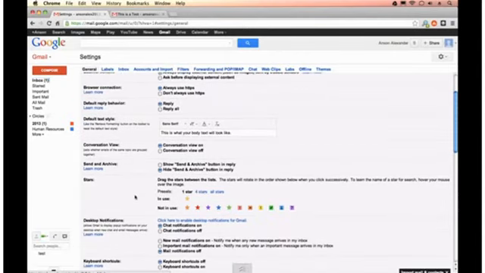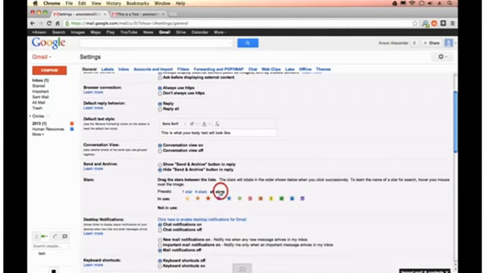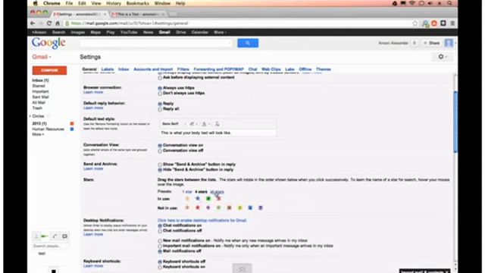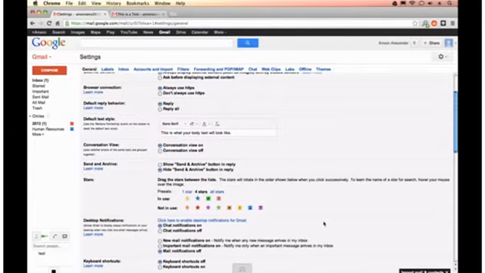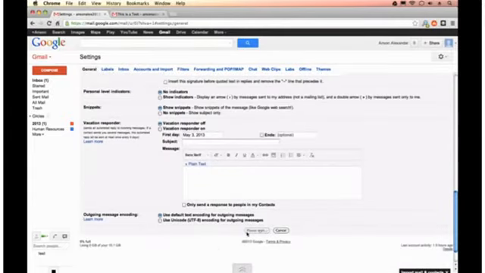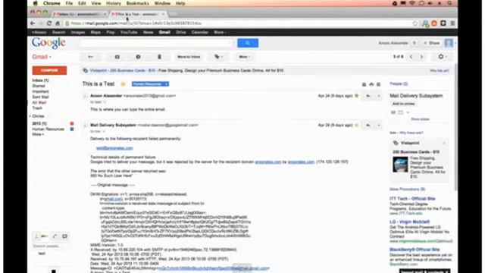This stars section. Earlier in this video series, I talked about quickly marking an email with a star. I didn't really go into detail about it, but you can actually customize your stars and you can use multiple stars. So I can drag other stars up here that I'd like to use. I could also just hit all stars or 4 stars, whatever you want to do. And then what happens is, let's use 4 stars for this example. What happens is if I go and save this down here at the bottom and go back into my email,